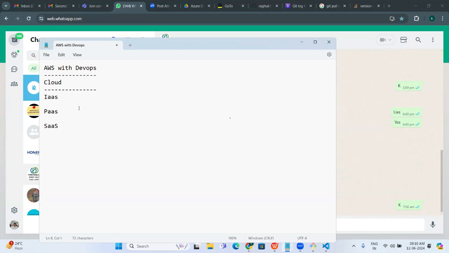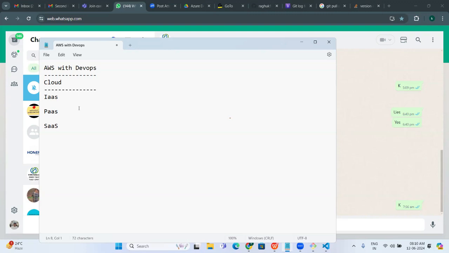Basically, at the infra service level, they'll give you infrastructure for your applications. You can use it and pay for it. That is nothing but pay as you go. Platform as a service means they'll give you a platform.